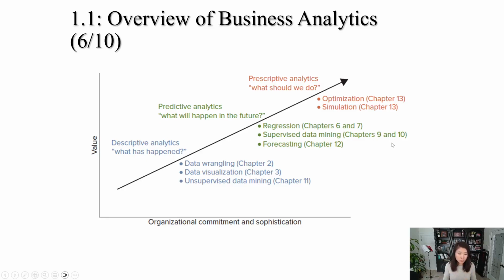So those concepts require more advanced analytical skills. So maybe if you're going to the master's degree level, the data scientist program, you will learn further about supervised and unsupervised data mining. Okay, so we're going to skip those. But we are building a strong foundation, allowing you to have the tools in each one of the analytical toolbox,